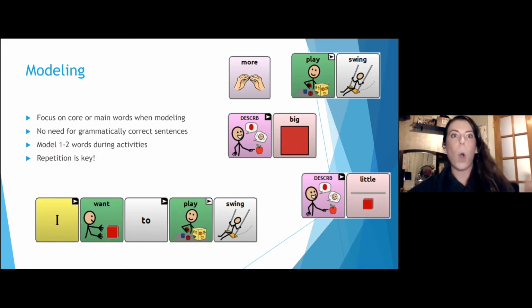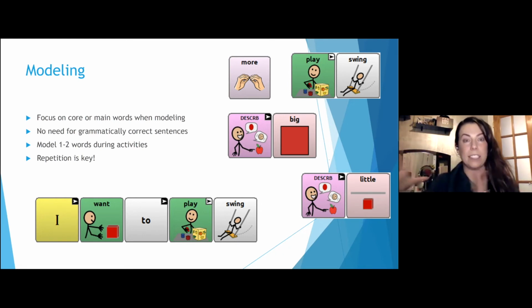So let's open, okay, and I am pushing open every single time. And you'll see that through videos. This isn't something that anybody needs to feel like I need to be entirely proficient on this device to be able to speak in sentences and only speak this way for me to be able to teach it to somebody. You are learning with your child together. You, as a therapist, are learning with the child together as well.